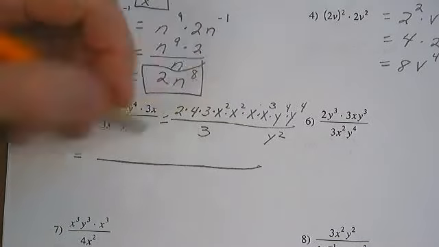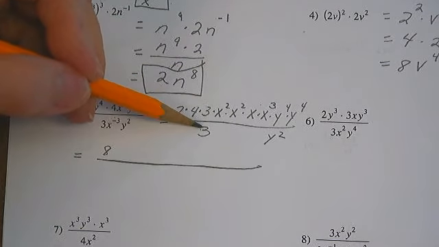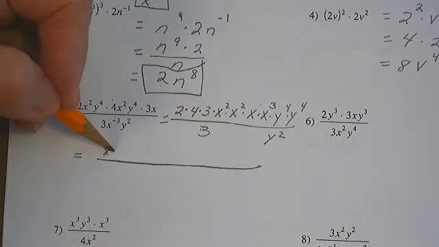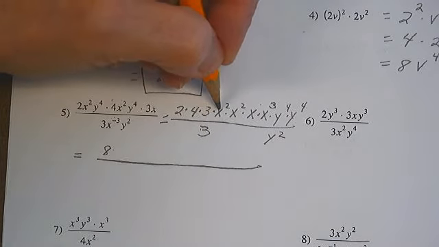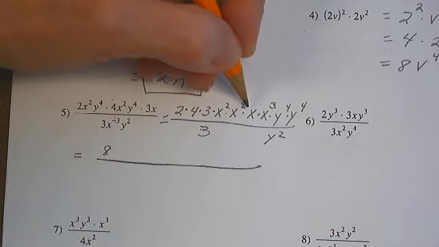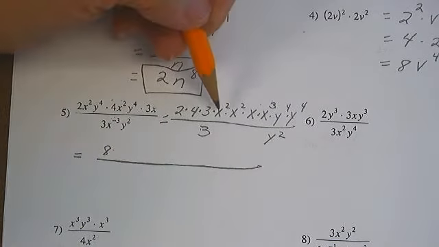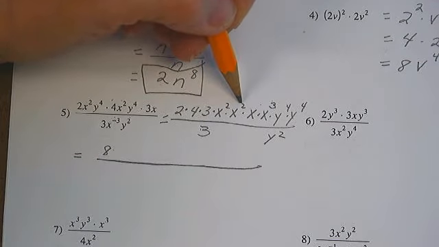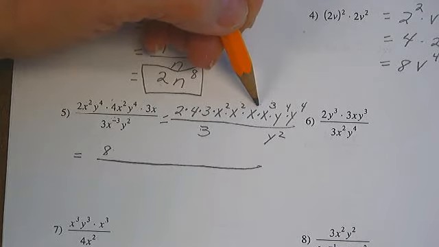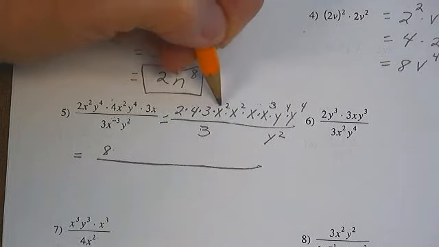2 times 4, which is 8. 3 divided by 3 is what? 3 divided by 3 is 1. So 8 times 1, x squared times x squared times x cubed is x squared times x squared. 2 plus 2 is 4, plus 1 is 5, plus 3 is 8. So I have 8x to the 8th